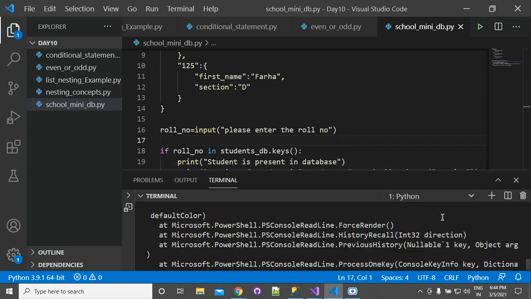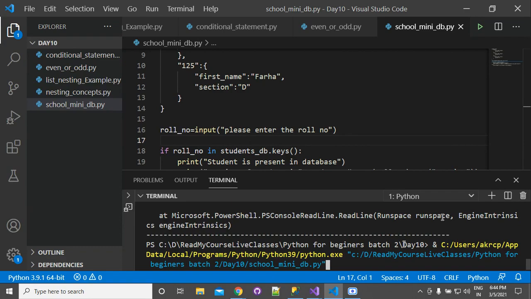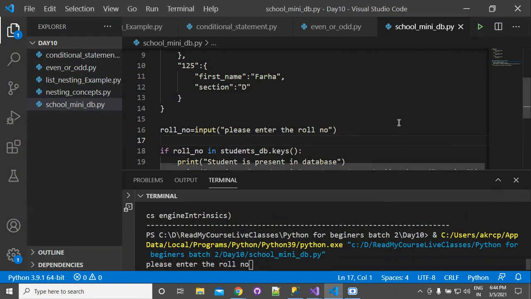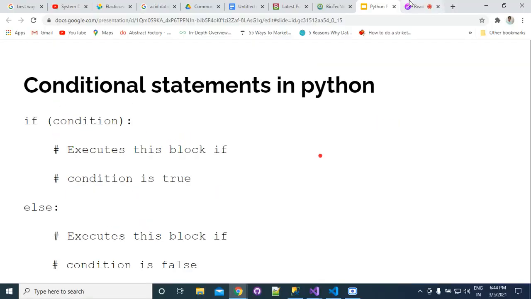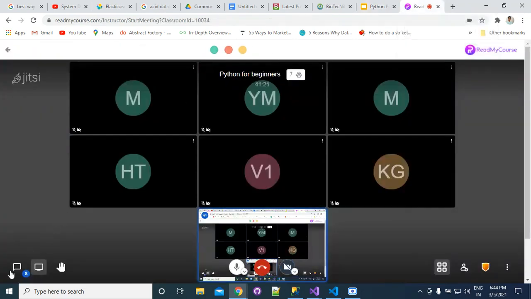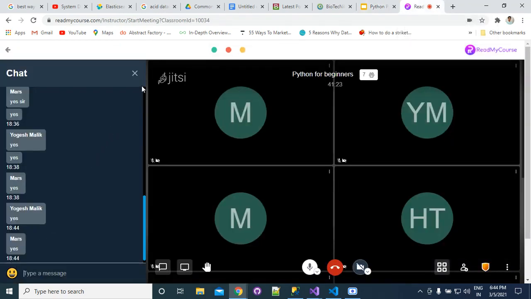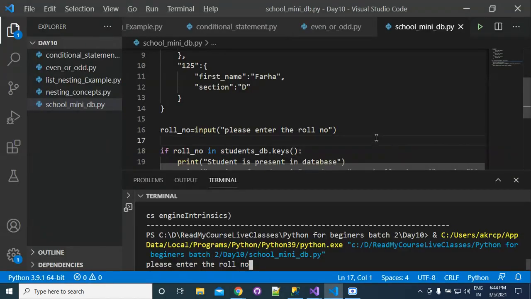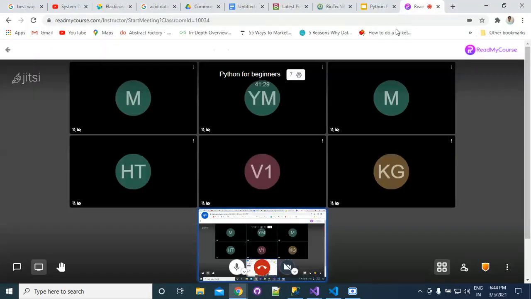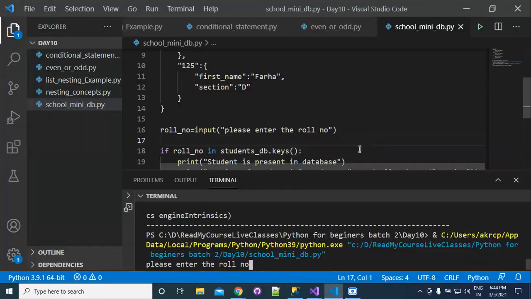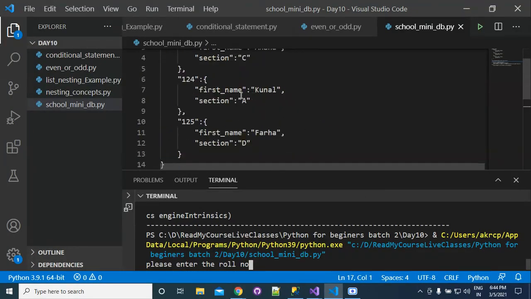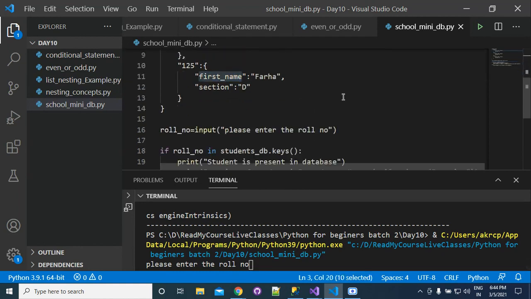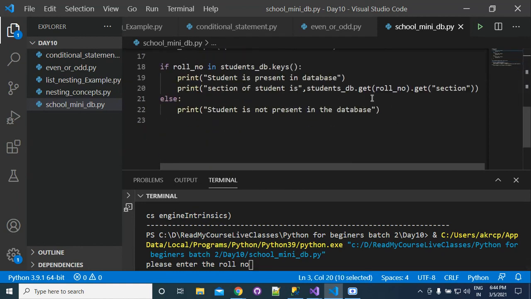Now if I ask you, if I want to get the first name, then how can we do this program? So simply we need to write here what?